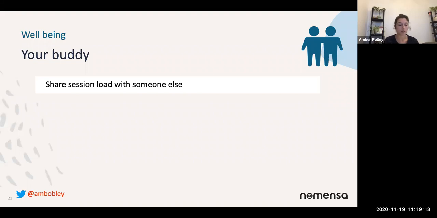So either alternate days or alternate between sessions, so that if you're talking about heavy stuff, you don't have to go back to back with these research sessions. It also means that someone is there to step in who knows the research background and the design. So if something happens within the session or you don't feel comfortable, someone else can step in, either stop the session or finish it for you.